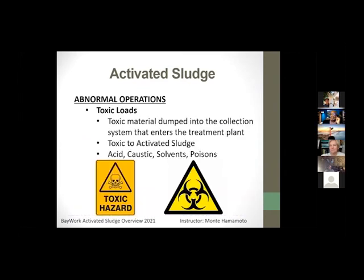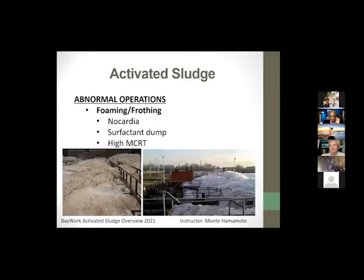Toxic loads. Again, we get dumped on all the time. We try not to, but we can't control everything. Some of the toxic materials can actually wipe out our activated sludge system, so be very careful. Again, it's very important to have a good industrial pre-treatment program. Foaming and frothing. These pictures are a little extreme, but I put them on there because they